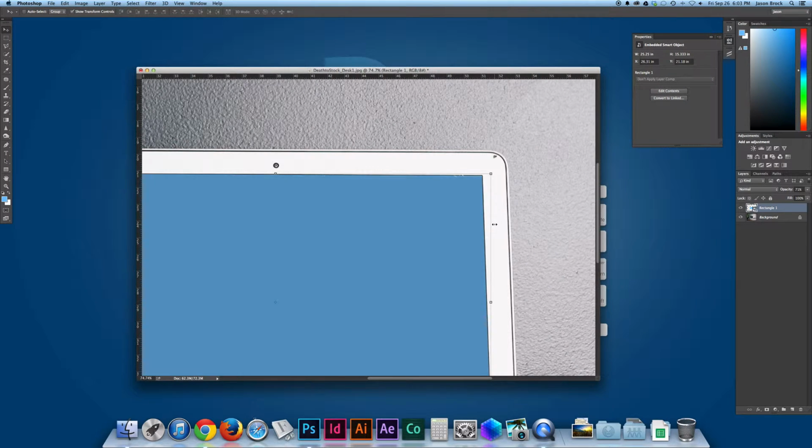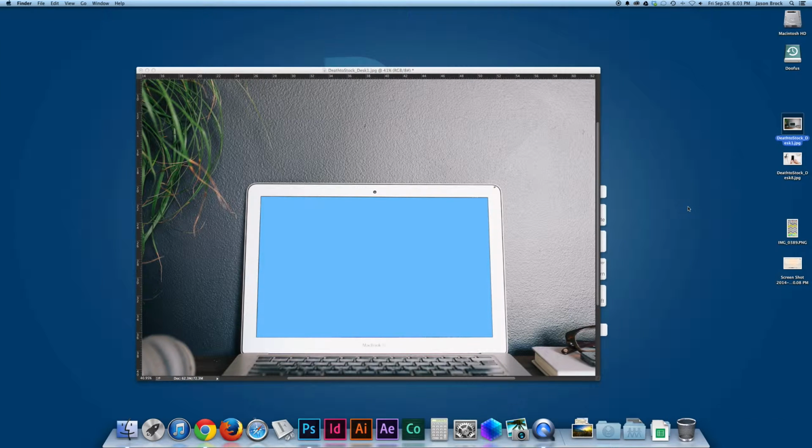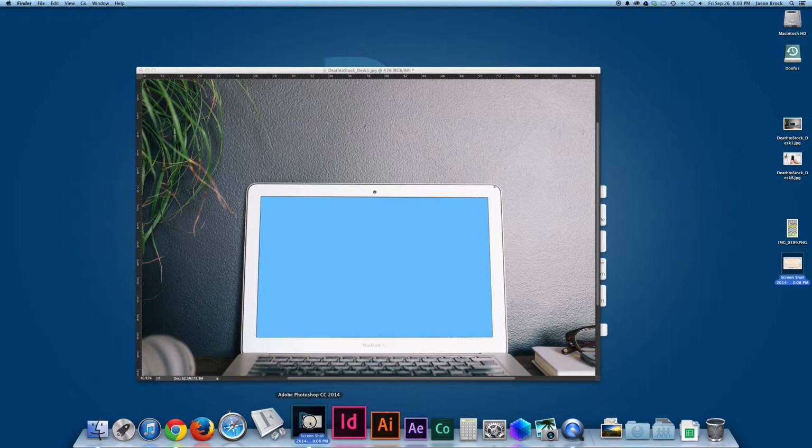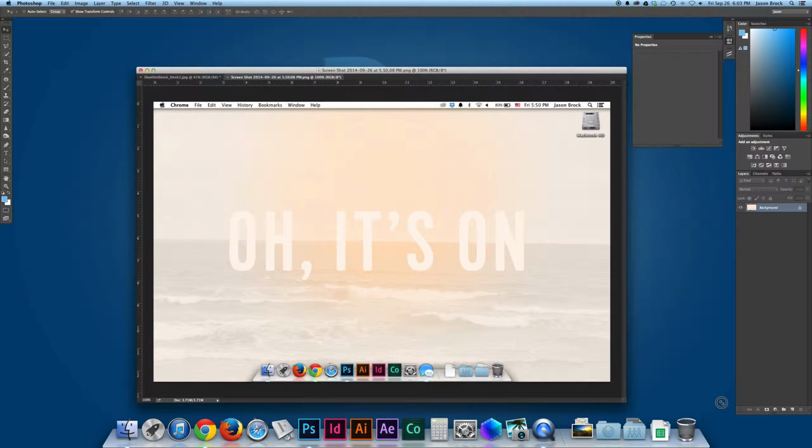So that is pretty much 99% of our process. I'm going to bring it back up to 100% opacity. You don't have to if you don't want to. It's entirely up to you. There are situations where you're not going to want to do that. And then it's pretty simple. I'm going to open up a screenshot as well. Normally in this step you'd be opening up whatever you have, your design, your image that you want to put in there. I'm just going to select all and copy it.